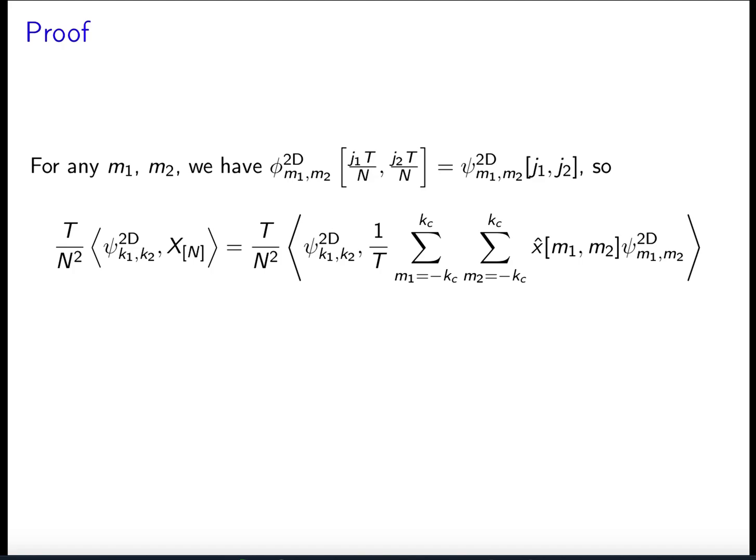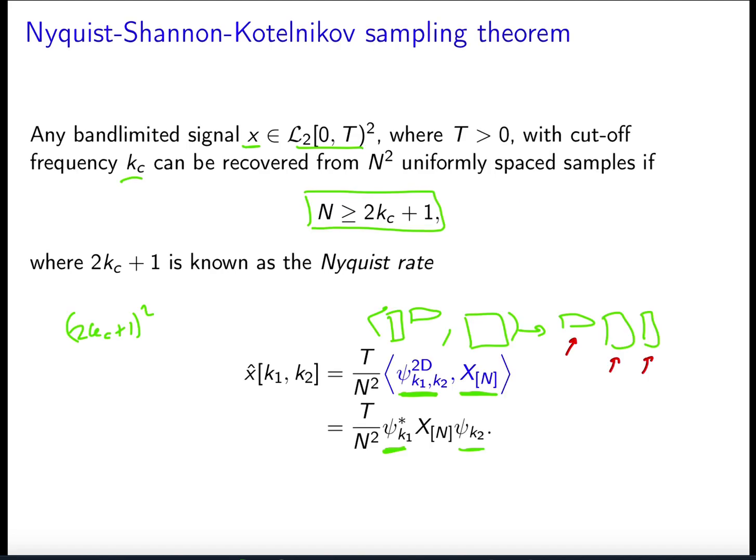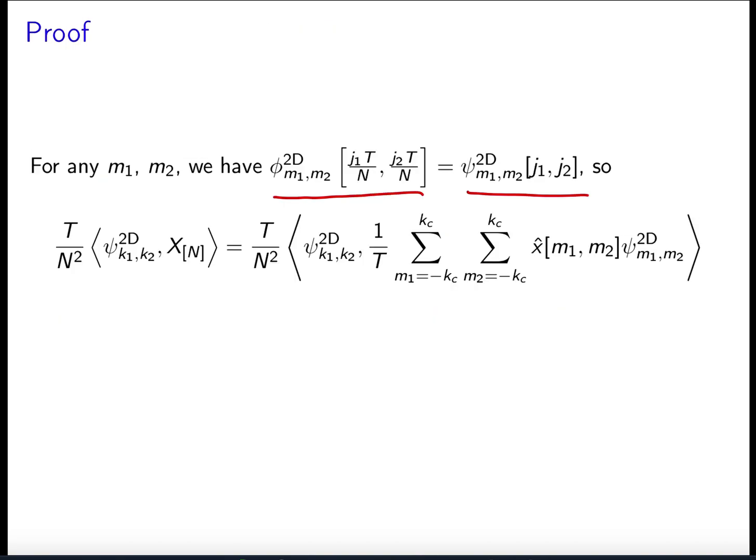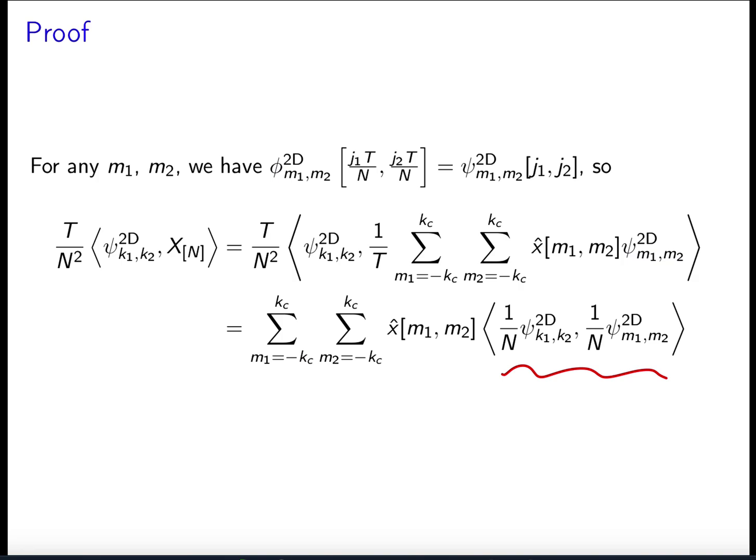How do we prove this? Essentially in the same way as we proved it in one dimension. The 2D continuous sinusoids get mapped to discrete sinusoids, and if we have this condition here, each continuous sinusoid can only be mapped to one discrete sinusoid. Now we express the samples in terms of this sum of discrete sinusoids. We're taking the inner product with one of them. They're all orthogonal, so this inner product is going to be 0 except when k1 is equal to m1 and k2 is equal to m2, and boom, we end up with